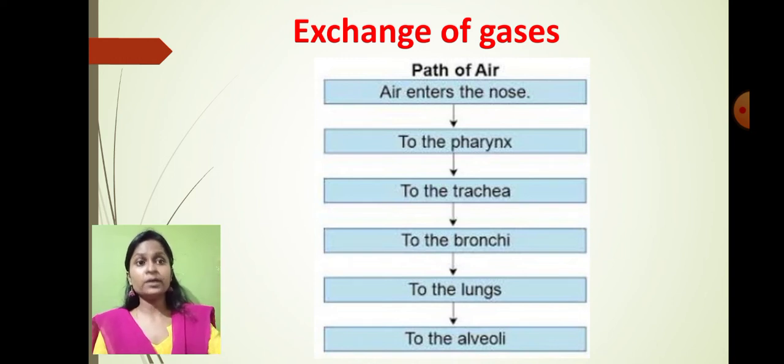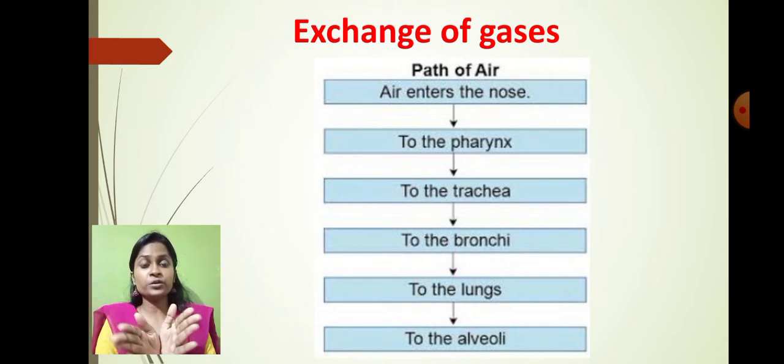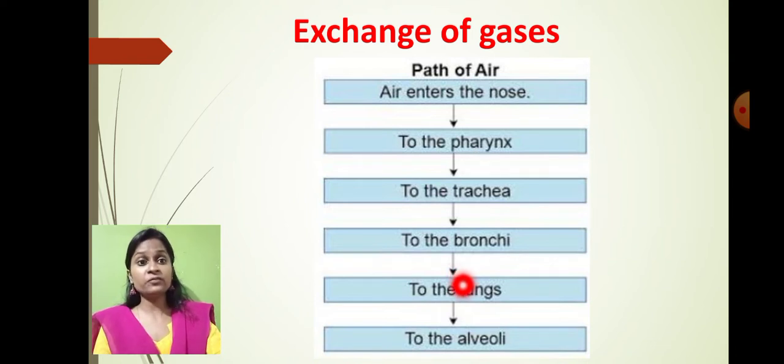You can see that the atmosphere is filled with air. This air, first of all, will enter inside our nose. The nose is connected to the pharynx. Pharynx is this region. From the nose, air will enter the pharynx region. The pharynx will transfer air to the trachea. The trachea will transfer air to the bronchi. The bronchi are the branch-like structures which go inside the two lungs. From the bronchi, the air will go to the lungs. There are two lungs, left lung and right lung. And from the lungs, the air will finally move towards the alveoli. Alveoli are grape-like structures.